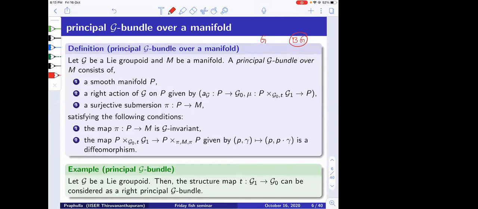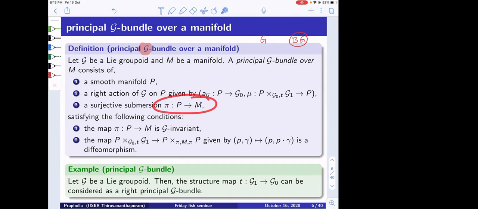So we first need to have a definition of principal G bundles over a manifold for a Lie groupoid G. So similar to the setup of Lie group principal bundles, this principal G bundle comes with a manifold P, an action of G on P, and a surjective submersion to M, so that